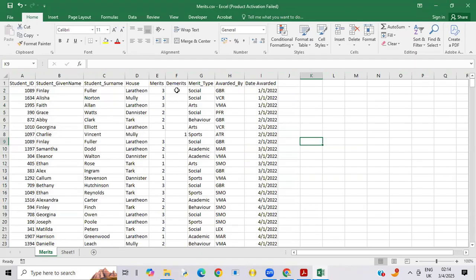So that's how we open, and then we're now seeing, okay, we have merits, demerits, and house. This is the information that we are going to use to create our pivot tables. And we have all these other columns as well. So these are column headings, and these are the data for each column. Okay. So if I want to create my pivot table now, for the first one that I need to create,